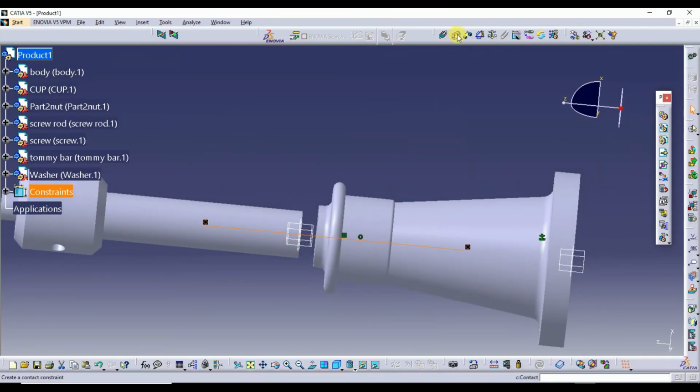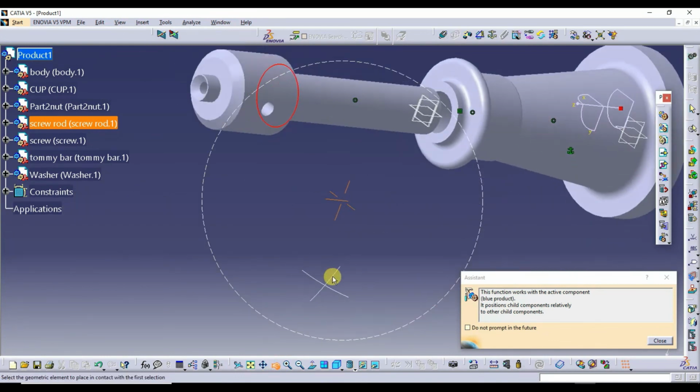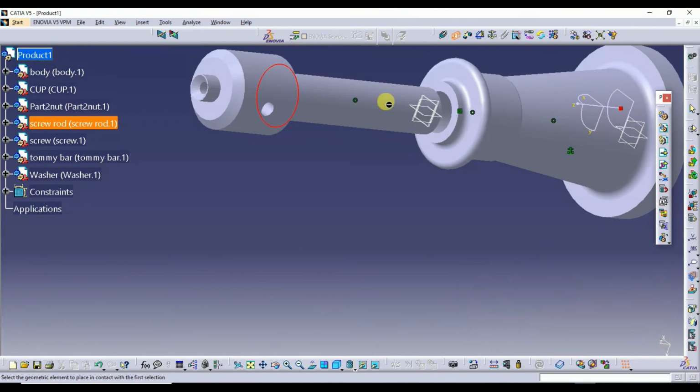I'll go for the contact constraint. I'll select this. This is not happening. Once again, I'll choose the surface properly.